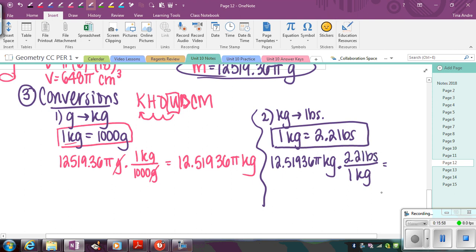So essentially you're multiplying. And when you do this, so let's type this in. This time I'm going to go ahead and put the pi in my calculator. So I have 12.51936 pi. And I'm going to times that by 2.2 because these kilograms are canceling. And that leaves me with